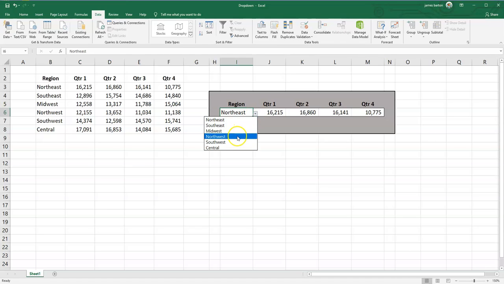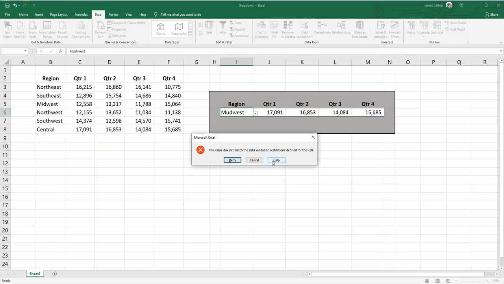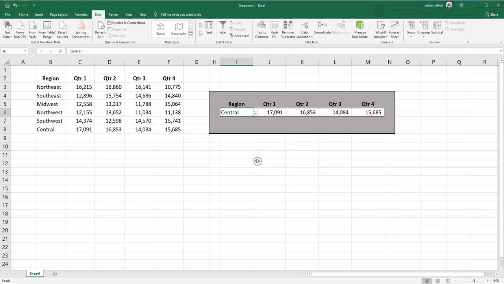Now, when we come up here, Northeast, Northwest, etc., works fine. Now, understand they can still type in here, and if they type in, they're going to get an error. This value doesn't match the data validation restrictions defined for this cell, which is kind of a generic error. So let's actually customize this a little bit more. So I'm going to cancel here, go back to my data validation,